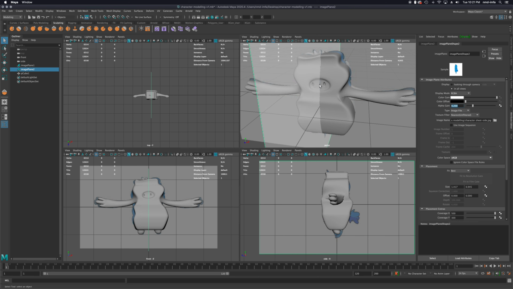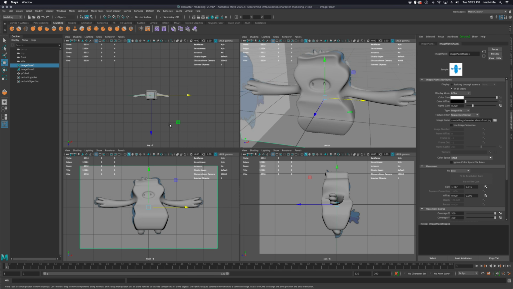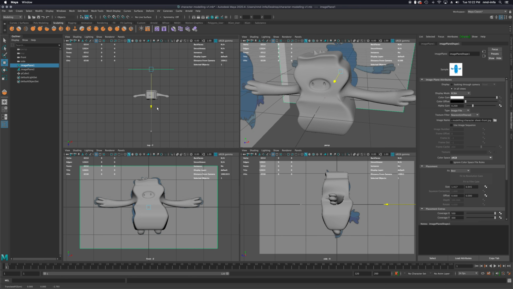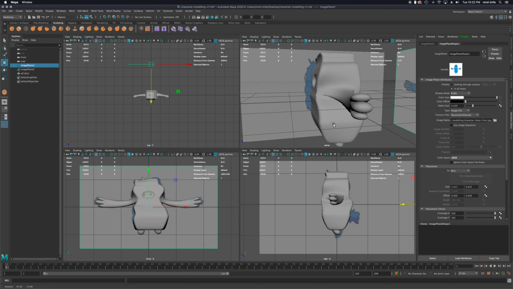The other thing we can do is move these back a little bit so they're not right in the middle of the model. So instead, I could take this off to the side, and you still see it doesn't change anything in the side view, right? It just gets it out of being right in the middle. And then same thing with this one, I can move it back a little bit and almost put them corner to corner. I definitely wanted them in the middle to get them lined up so that they're at the right size, and when I am moving between them,